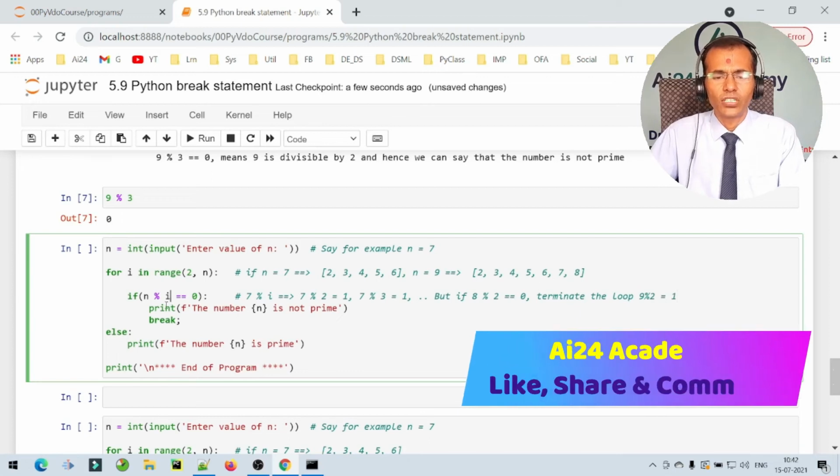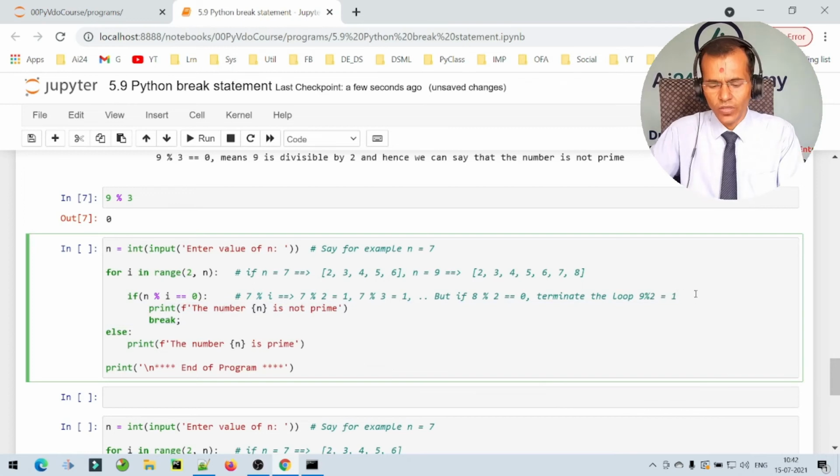So that condition is not true, so this will not be executed. Again it will take the next value. So the next value is nothing but 9 mod 3, which is equal to 0, right? So when the condition 9 mod 3 is equal to 0 is true, it will print the statement that the number 9 is not prime,